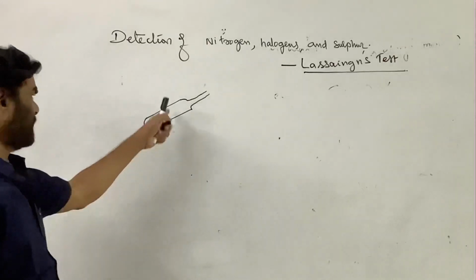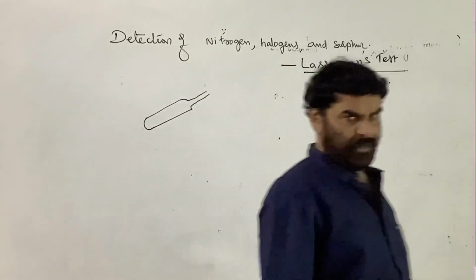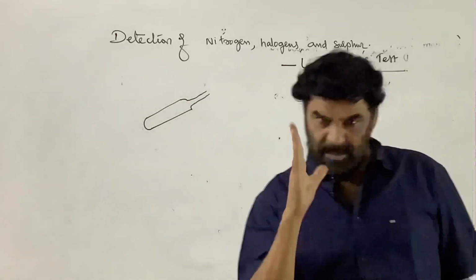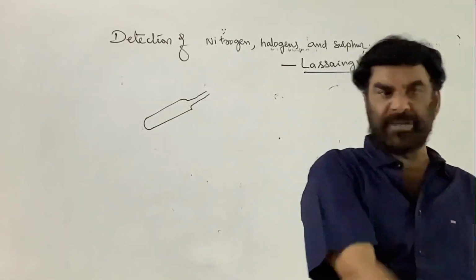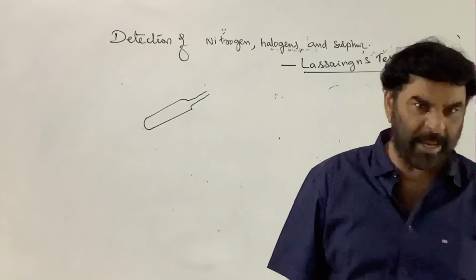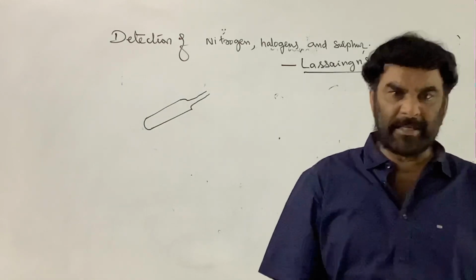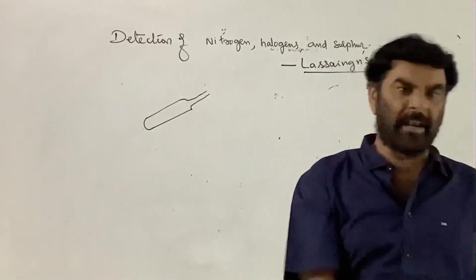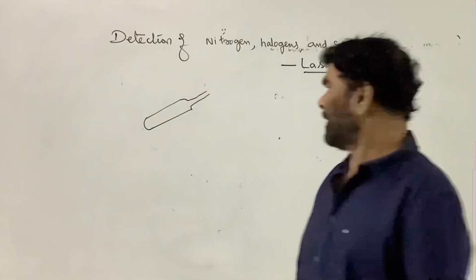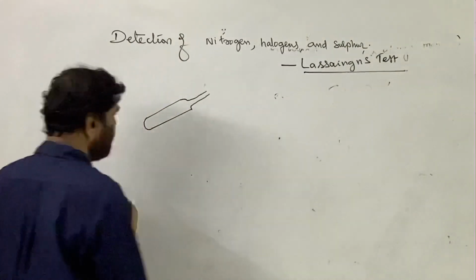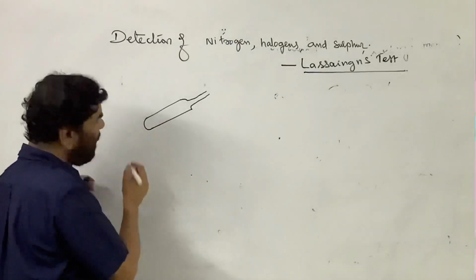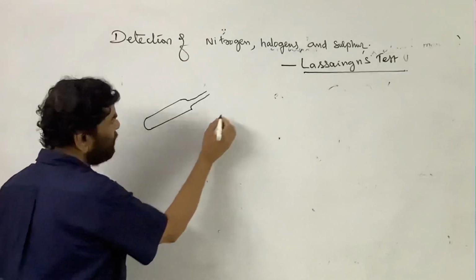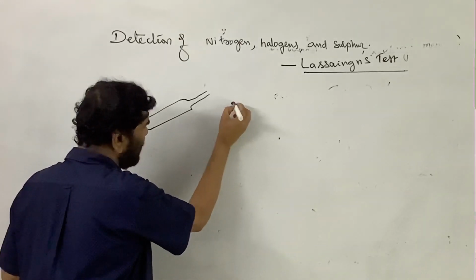So this is a water for injection. See, the fusion tube is one that withstands high temperature conditions. It will not break. It can withstand it, and it will not melt under ordinary laboratory conditions. This is the glass tube, hard glass tube or fusion tube, and take a piece of... what is the procedure?